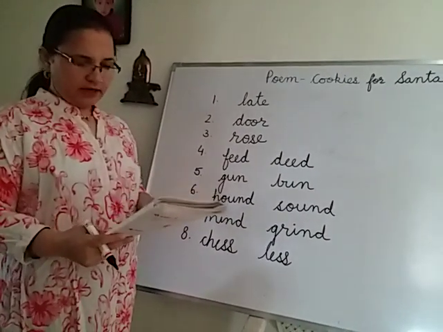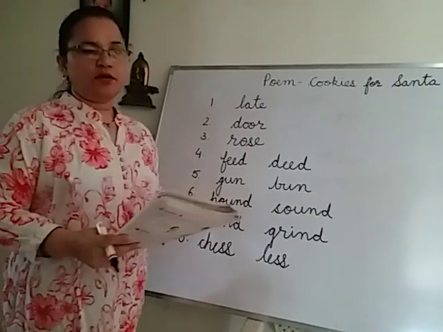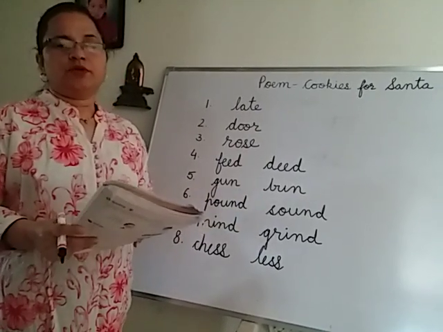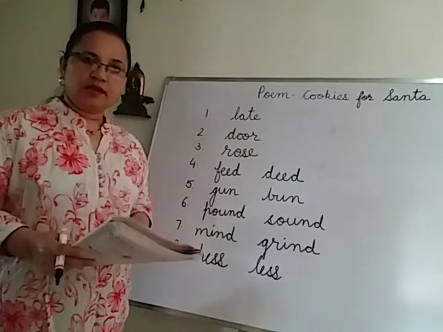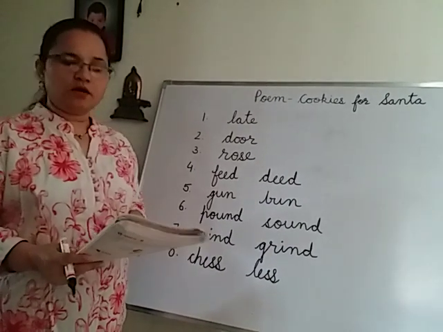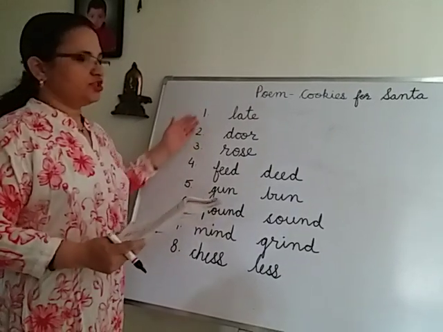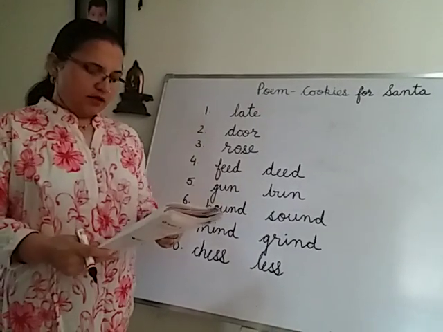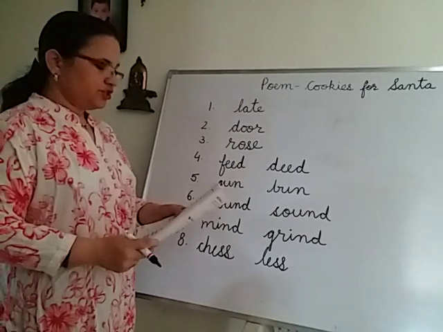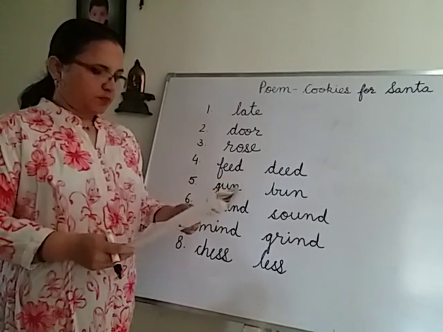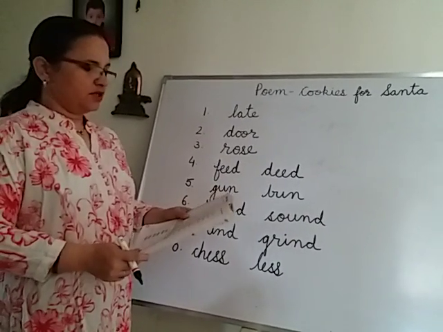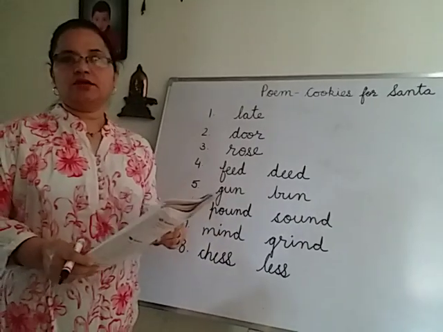So page number 18 it is, and if you have not opened your book till now, you can pause my video, you can watch it again. So sit with your book, page number 18, and from there, whatever you have missed, you can watch this again and fill your exercise. Now in question answers and opposites and rhyming words, if you have missed anything, I'll send you the pic of it.